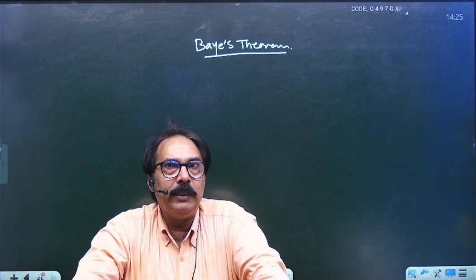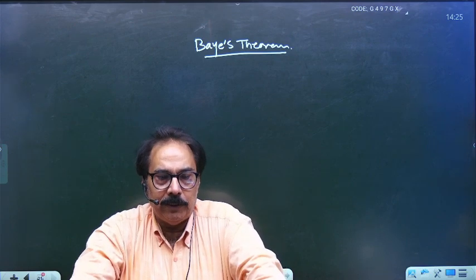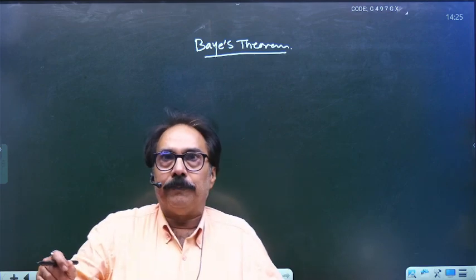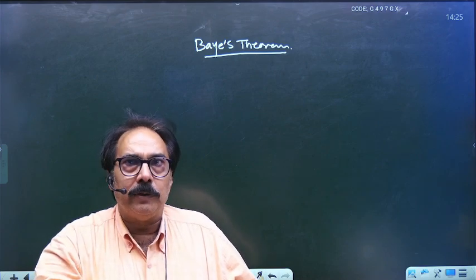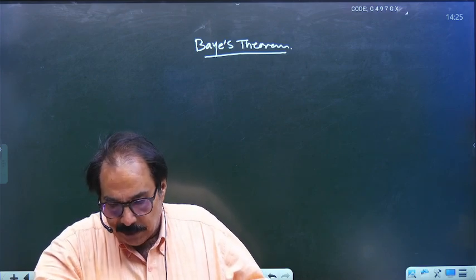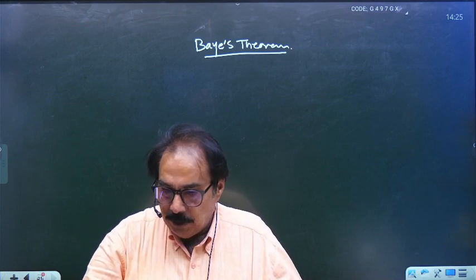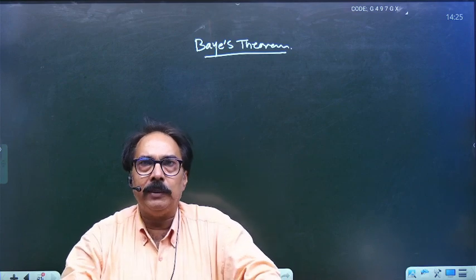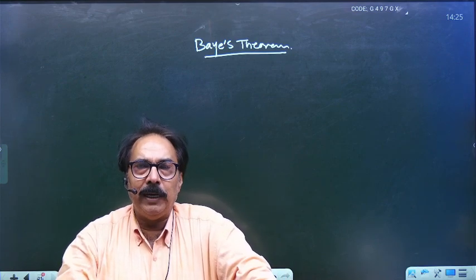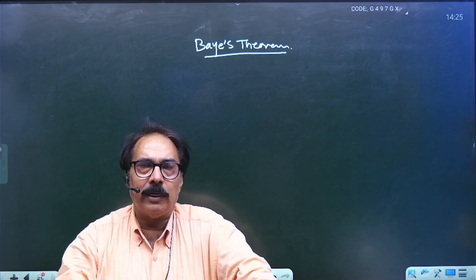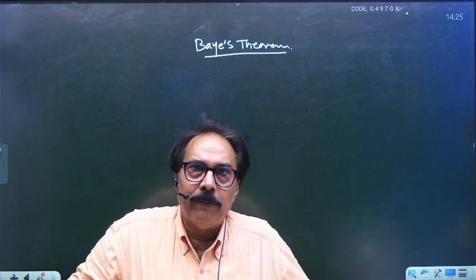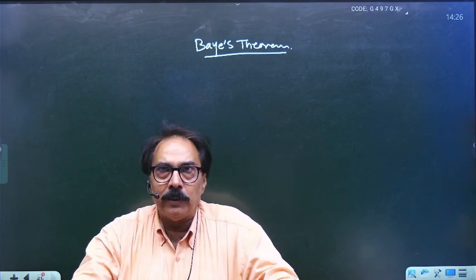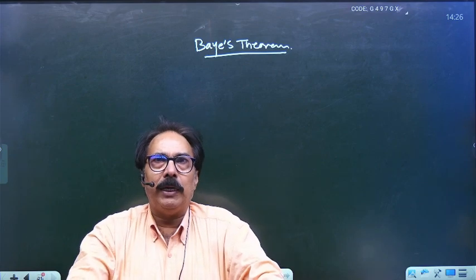Okay, so now let me differentiate where we will apply the theorem of total probability and in which case we will apply the Bayes theorem. If the question says there are two urns, two bags, or more than two urns or bags, or boxes, then we will apply Bayes theorem. अगर दो या दो से ज्यादा boxes होंगे या bags होंगे तो उसमें हम Bayes theorem अप्लाई करेंगे,